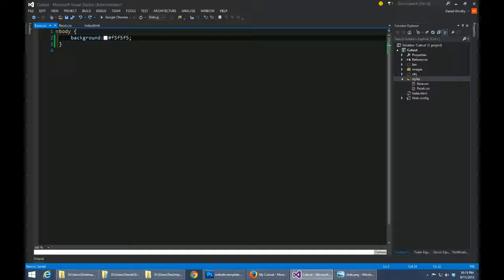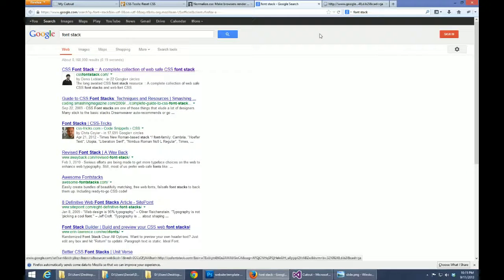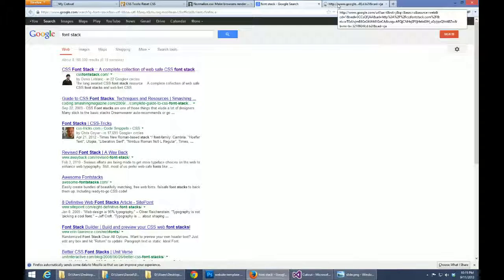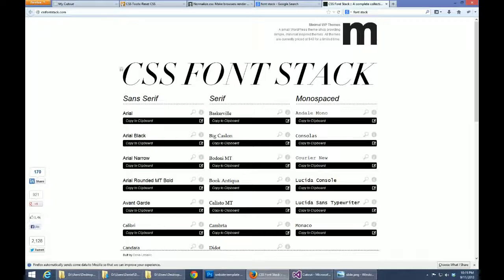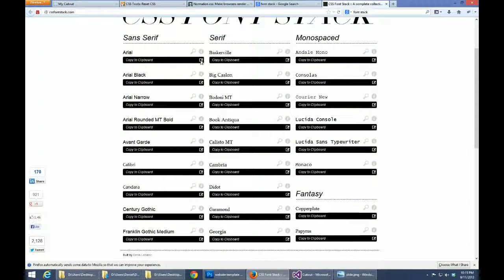And we're going to set our font at the body tag. Let's see here. Font stack. There is a website I was using. So it looks like it's cssfontstack.com. This is going to provide you all the web-friendly fonts. Great thing about this is that, for starters, they use Adobe Flash to copy to your clipboard. I haven't installed Flash on this machine yet, but it also